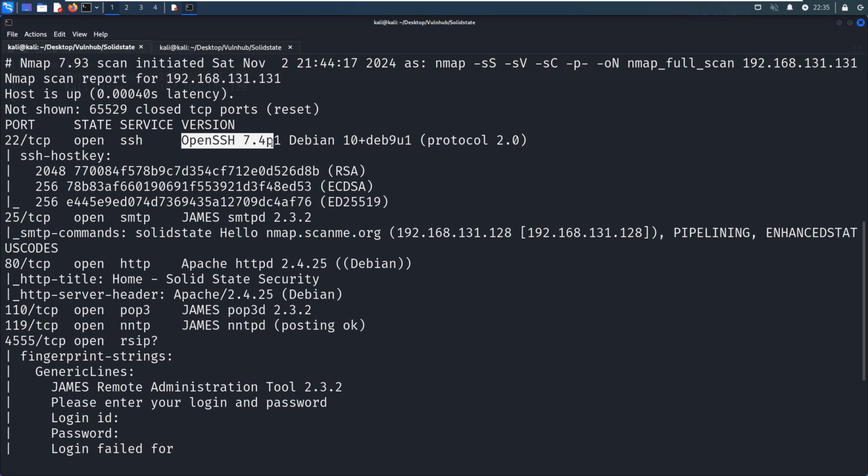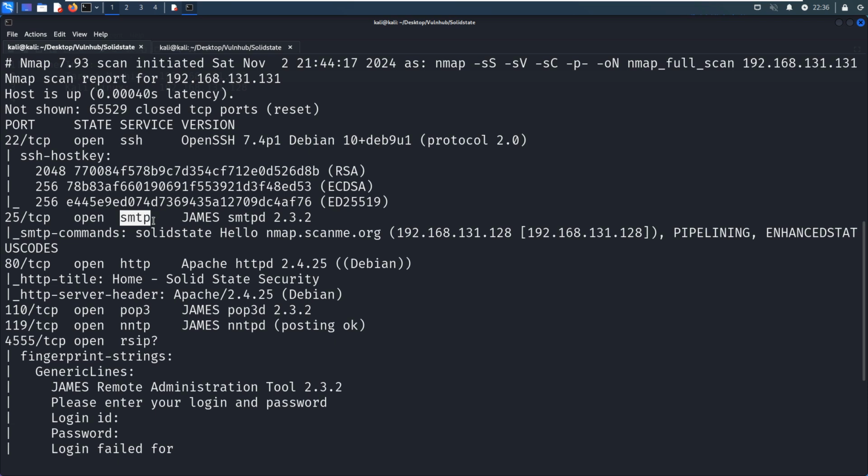This version is not updated. However, I don't think we can find any vulnerability except the username enumeration vulnerability, which is not what we want at this point. And the next one is 25, which is running SMTP, or Simple Mail Transfer Protocol.